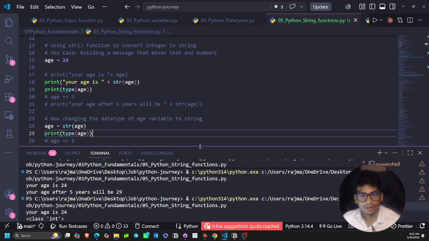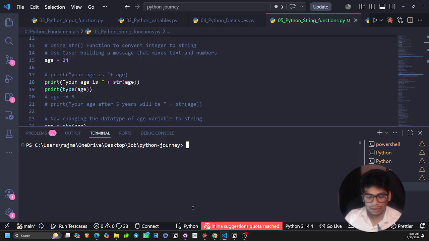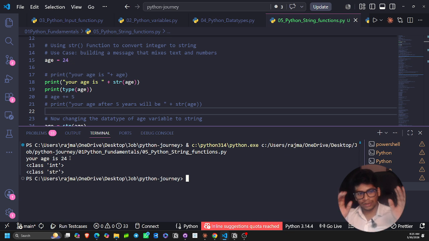Now I'm going to run this code. We have done a quick check in our mind, and now we will test it by running the code. So your age is 24 first, then it printed the type, class int,